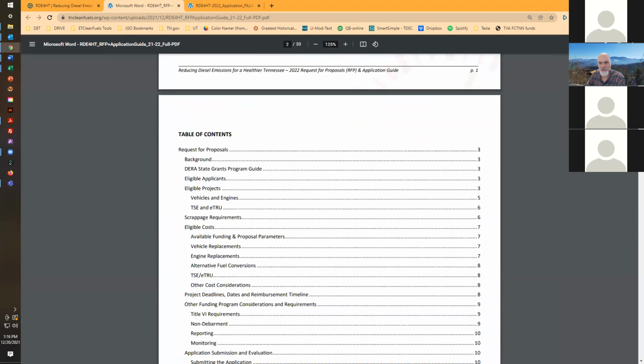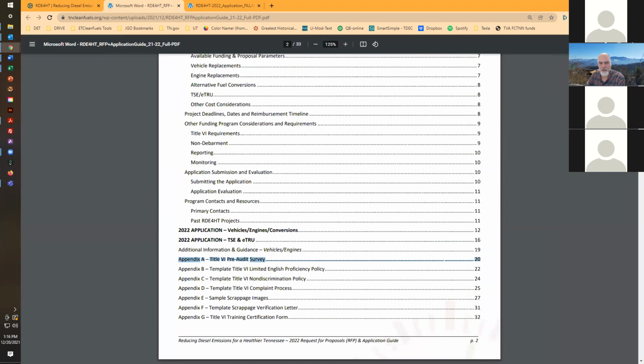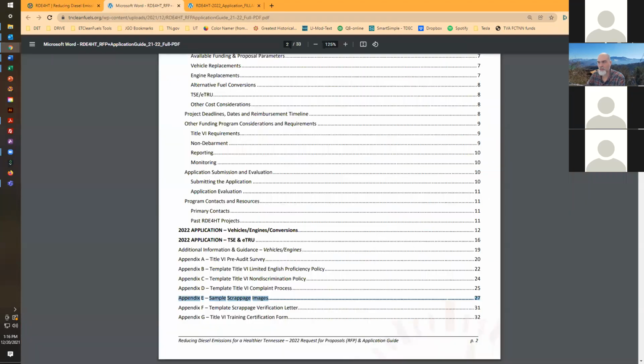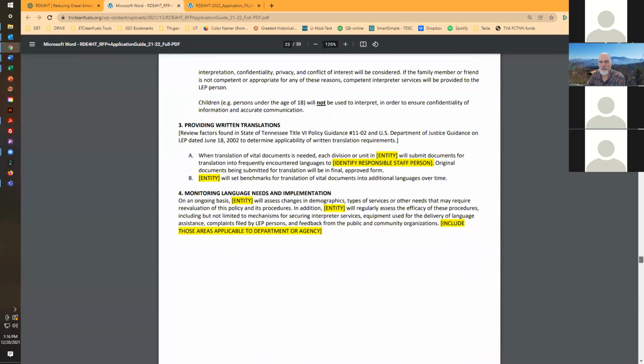The other things in the document are some sample scrappage images, and there is also a template scrappage verification letter. It's up here because this is all Title VI. This template for scrappage verification is provided to you as a Word document as well to make it easier for you to use. I will show you that page and